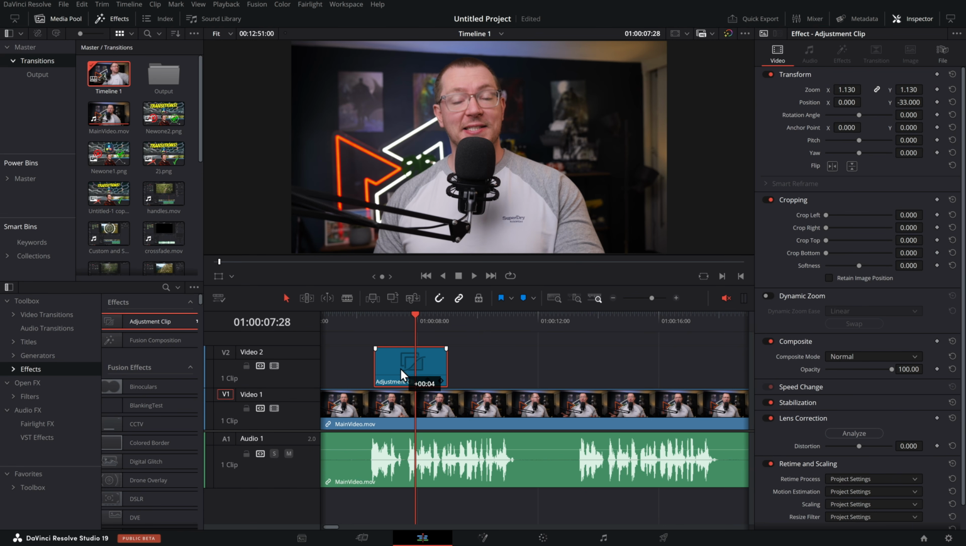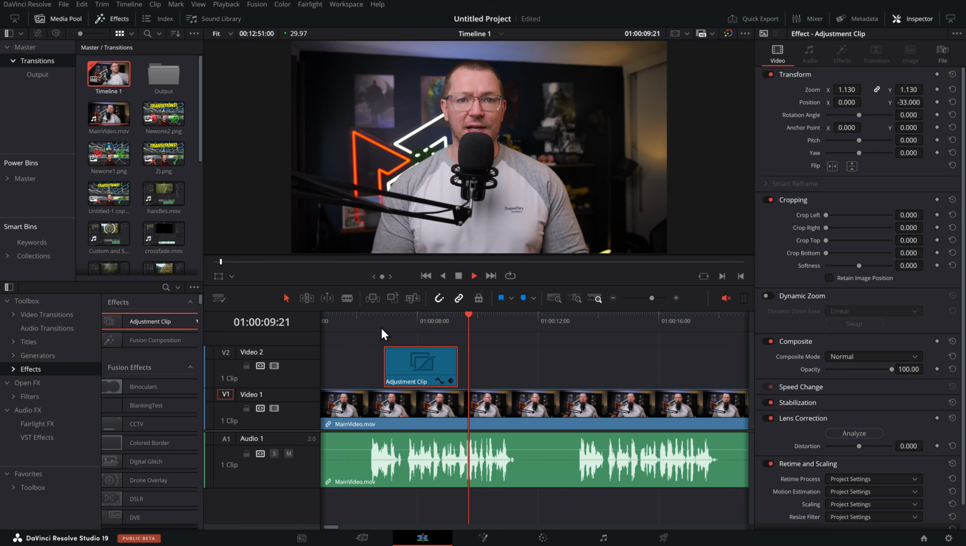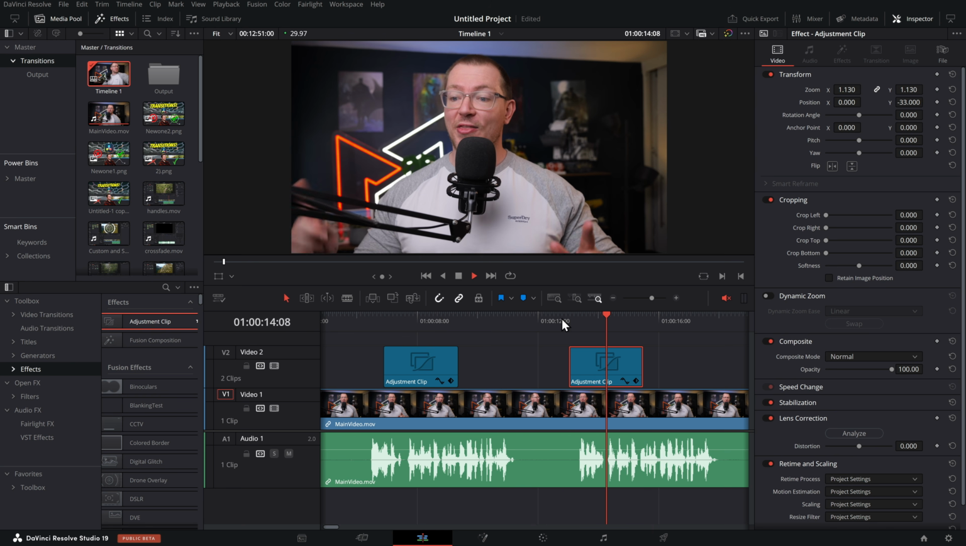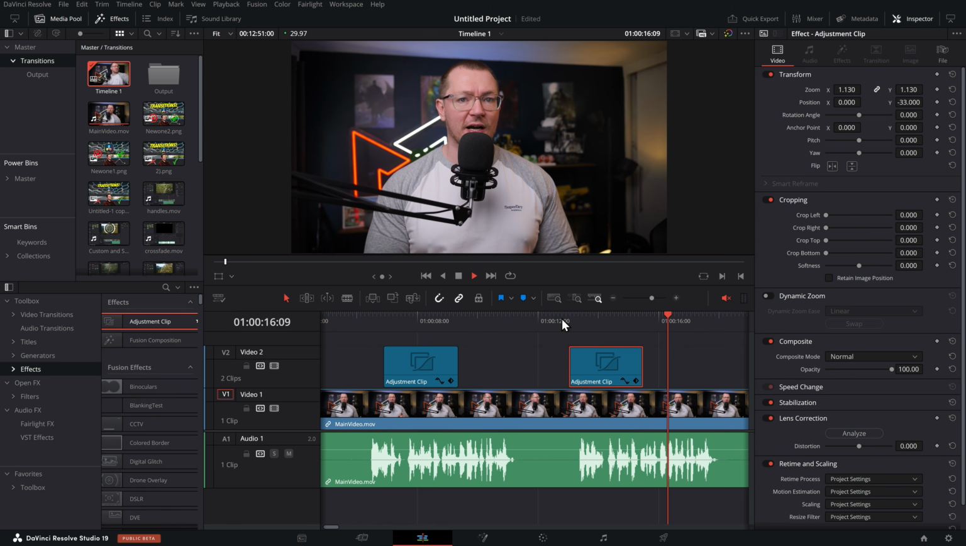We can make this longer or shorter, move it wherever we want, and it's way easier than messing around with keyframes or cuts. Then, if we simply hold the Alt key or Option if you're on a Mac, click and drag, and we can duplicate it really quickly on the timeline, doing our punch-ins in no time. Boom, done. And the joy of adjustment clips is that you can save them, thanks to my next tip, which